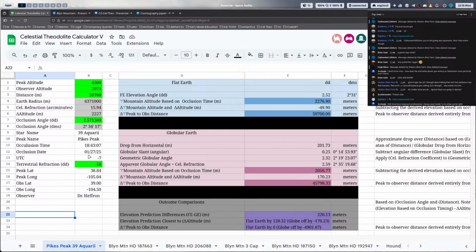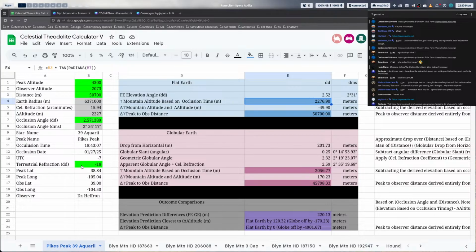But everything in here, like I said, is just plain trig. It's just rise over run or run over rise, depending on how much we're trying to drop the old globe. But then after that, we're just seeing what it is based off of the occlusion angles, and it comes up flat every time. No adjustments, no corrections. Everything in here is steel manning the globe to the maximum possibility. Otherwise, we wouldn't be able to get our distance. We wouldn't be able to derive the elevation to the mountain.